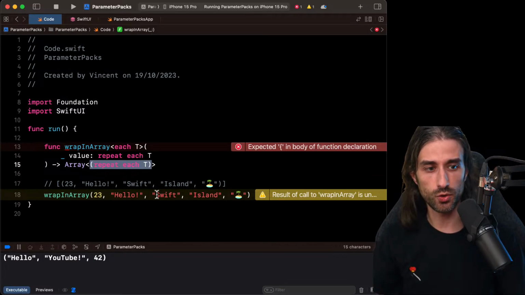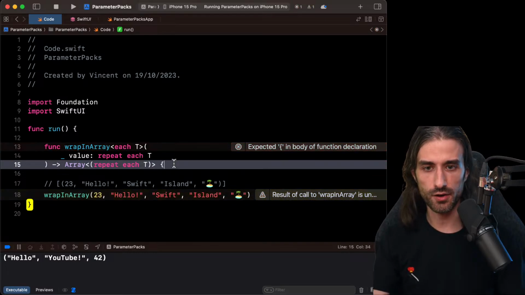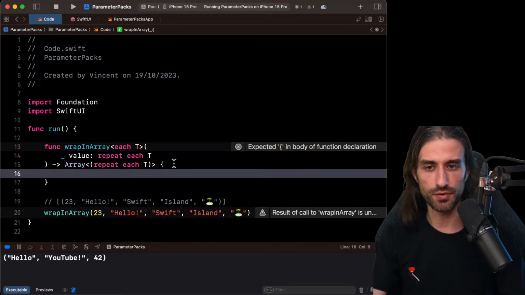And so I can use this concrete type any place that I can use a concrete type. And one of these places is to pass a value for a generic argument of a type that declares a generic argument, like array, for instance. So we are almost there. We just need to implement the body of the function.